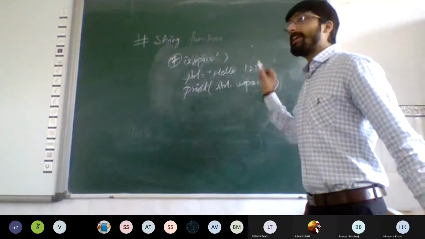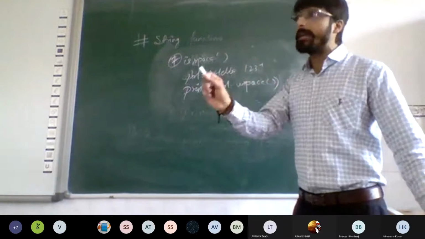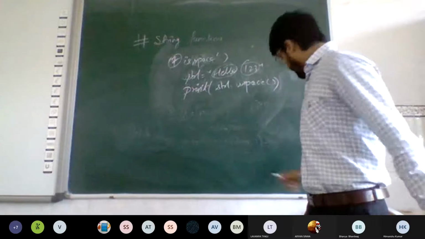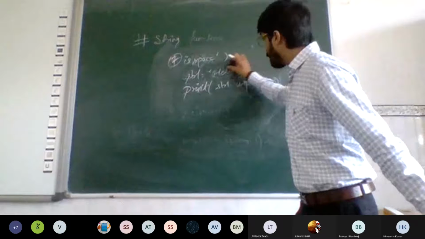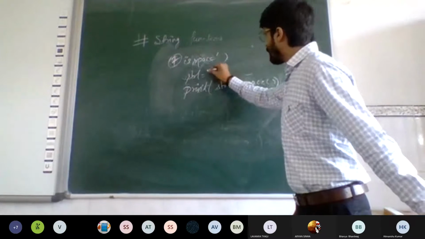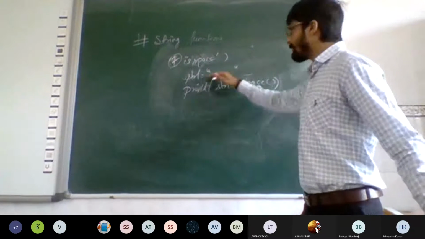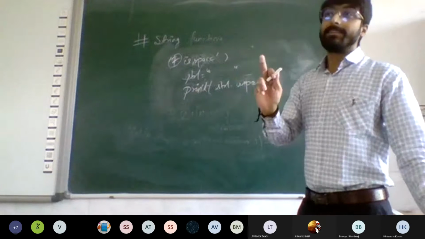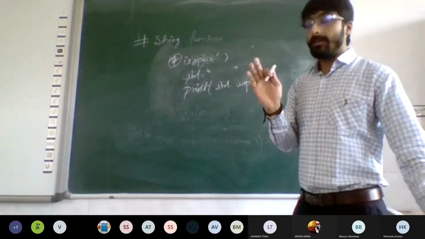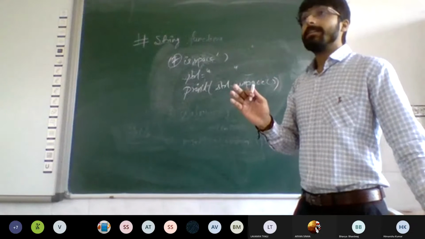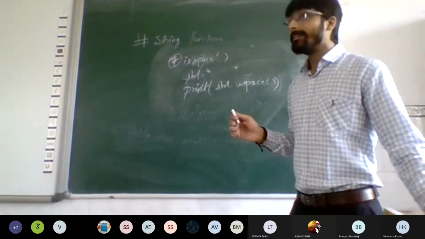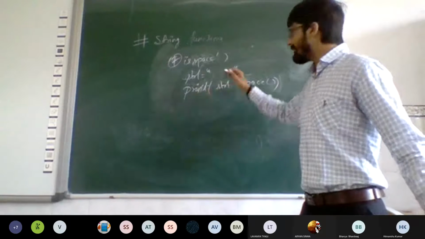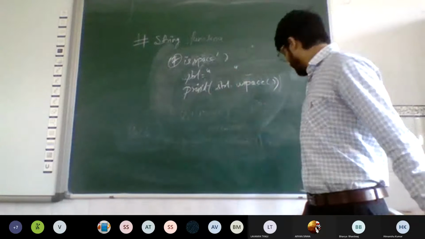The isspace function will check if the string is consisting of only spaces. No other characters are required in that string. It means it is going to return you true if this is your string, having some spaces in between. It's not an empty string. Without any other characters, it is having just spaces.